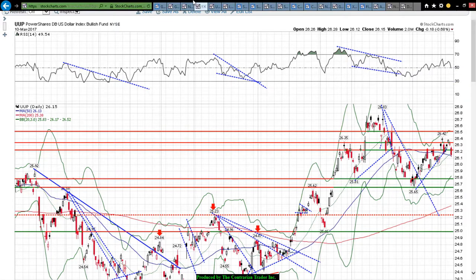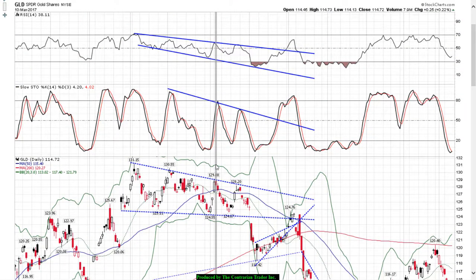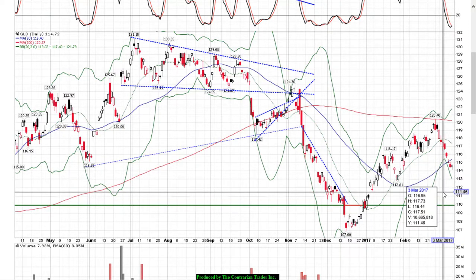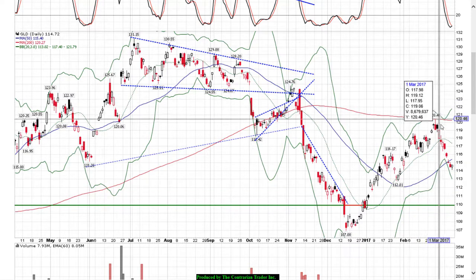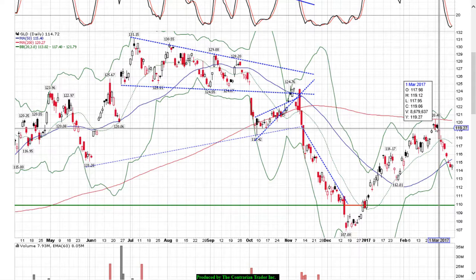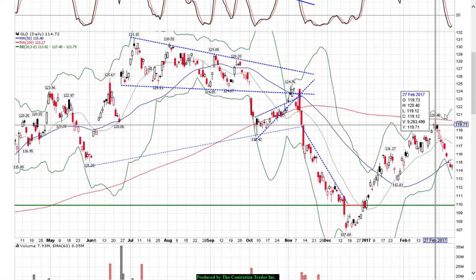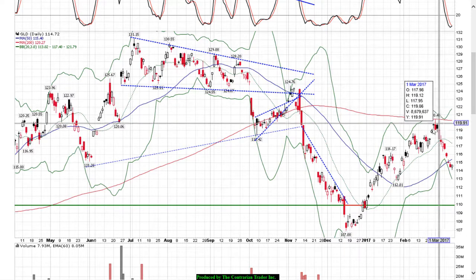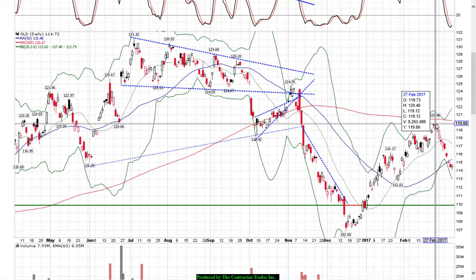All right, so let's go back now and take a look at gold, because we know by and large how the dollar is behaving. It's beginning to break down. So let's talk about gold. On a daily basis, gold flashed a bullish key reversal on Friday. And that's after a very, very nasty sell-off from a high of 120.40. And right here, you had a bearish key reversal on the 27th of February. Following day, a hollow or filled candlestick. I always warn members, these two formations are very, very bearish.